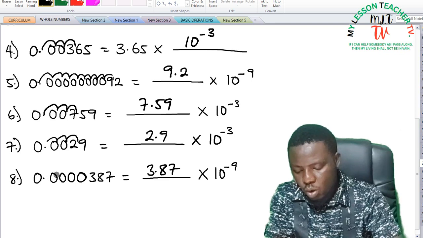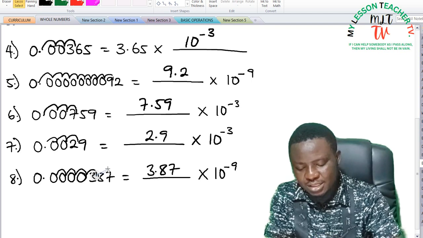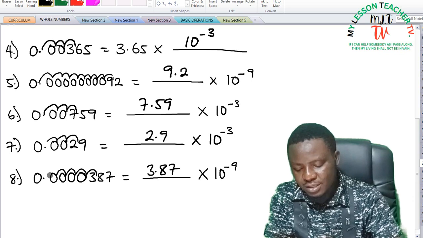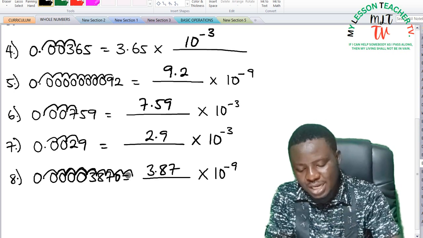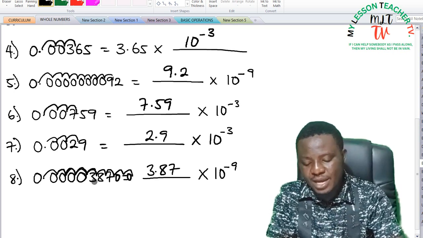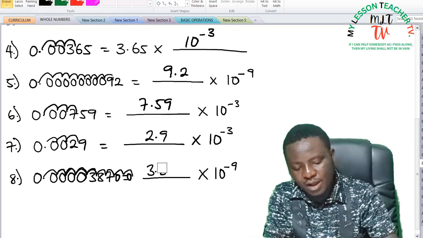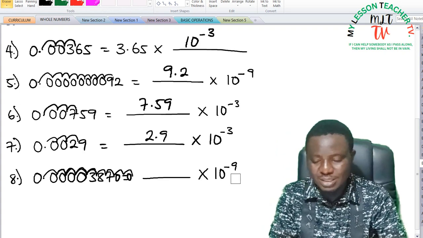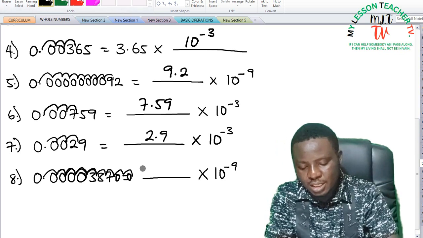Let's see. 1, 2, 3, 4, 5, 6, 7. This is 1, 2, 3, 4, 5, 6, 7, 8, 9. So definitely what we are going to get in this case will not be this. Okay, so we are going to have, because the power says minus 9, so we are going to move it 9 times, and this becomes